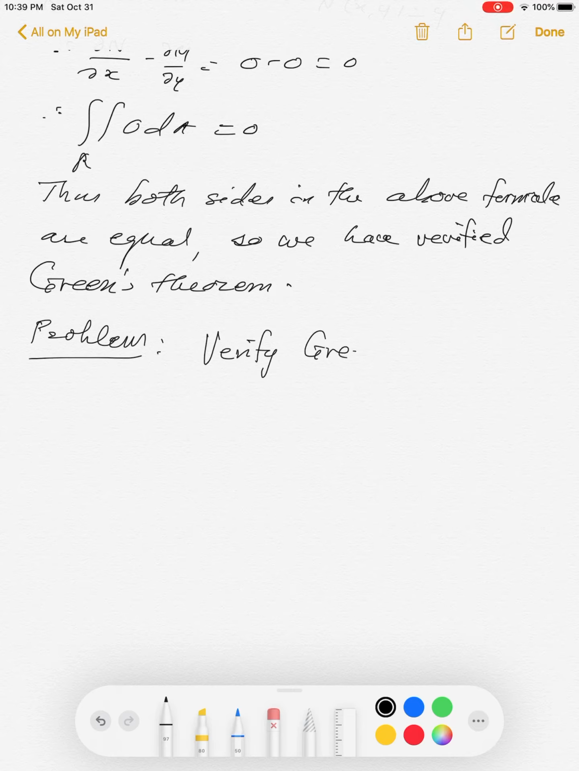Let's do one more. Verify Green's theorem, where f bar of x, y is given by 5x i bar